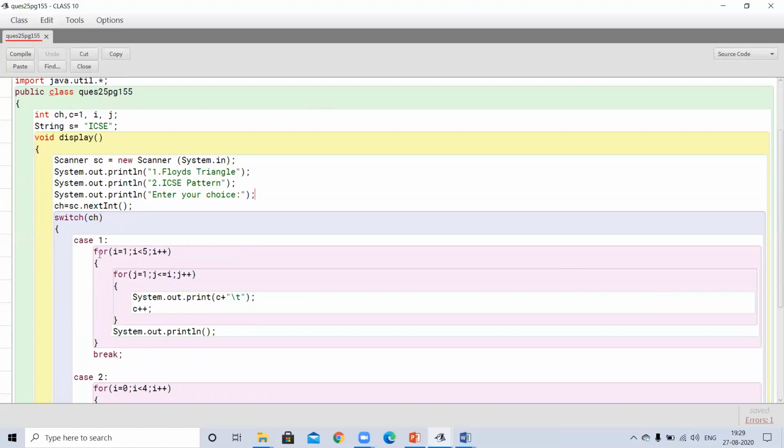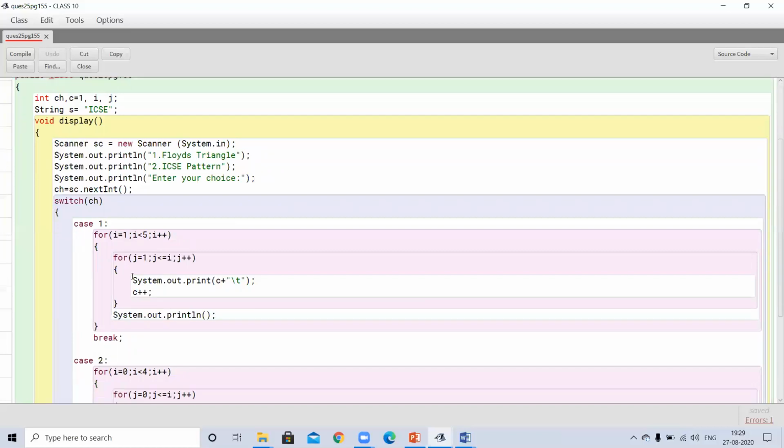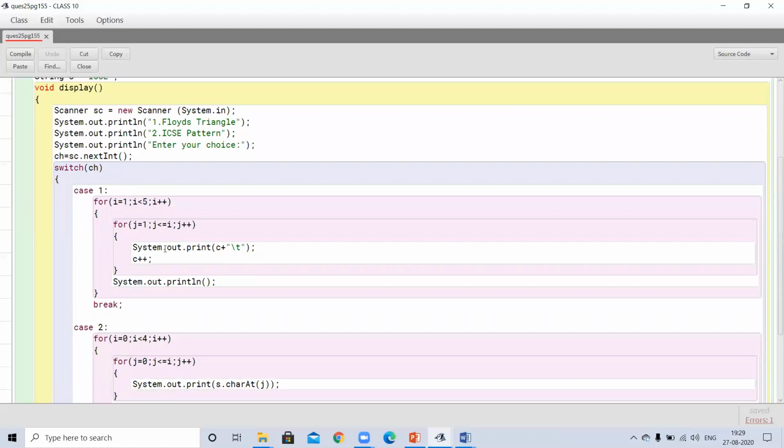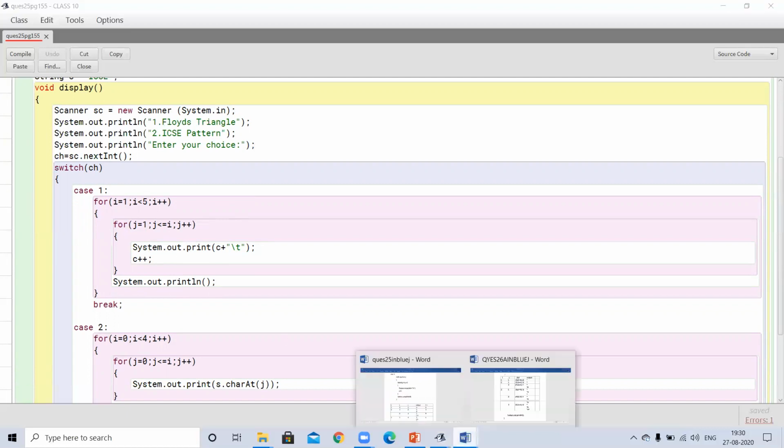So the first loop variable i is initialized to 1, the condition is i less than 5, i plus plus, j equals 1, j less than or equal to i, and j plus plus. System.out.println prints c. How it will run, we will see now. I have printed the same code here in the Word document.